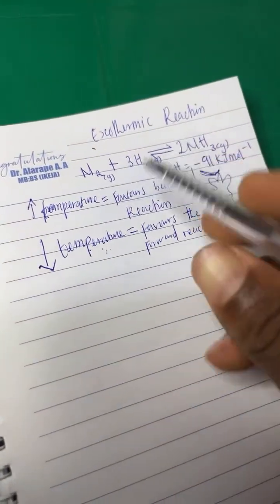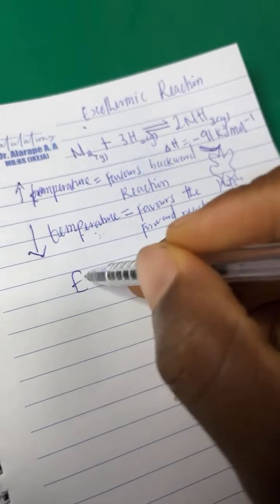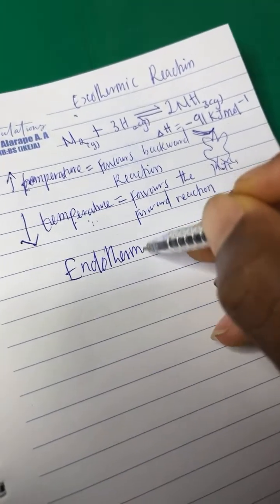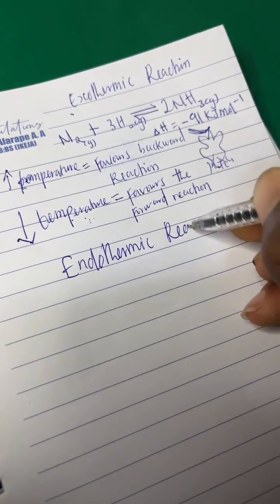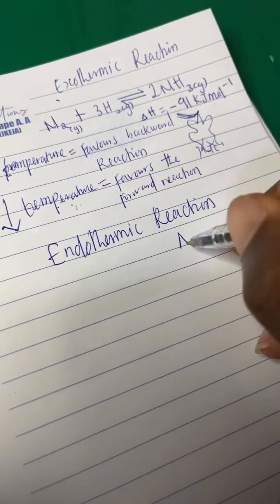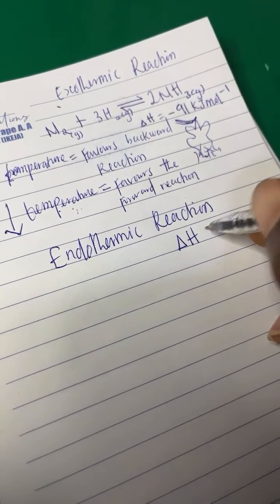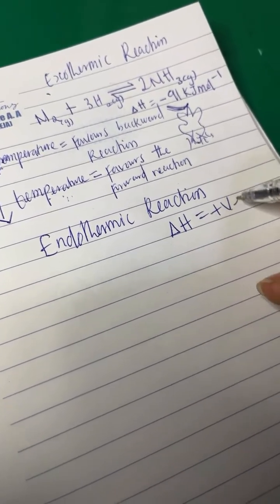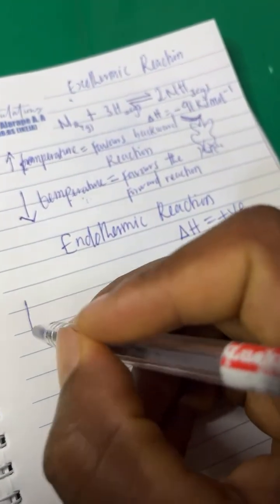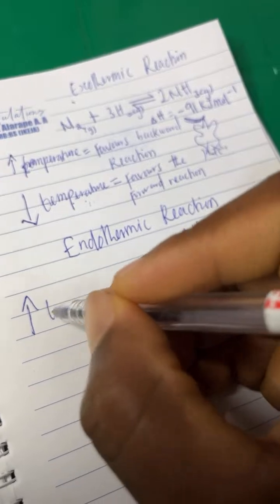So now, for an endothermic reaction, it's just reverse. For an endothermic reaction, we know that our delta H is positive. So that means for an endothermic reaction, if you have an increase in temperature,